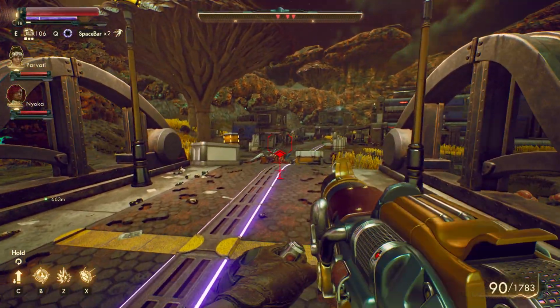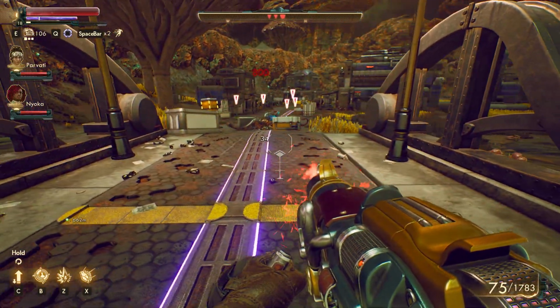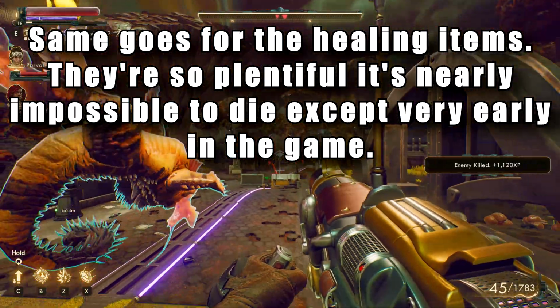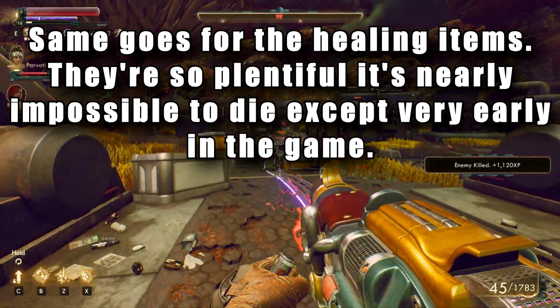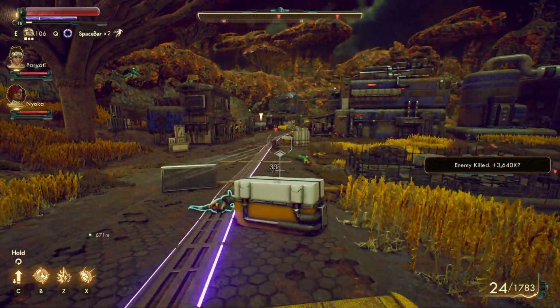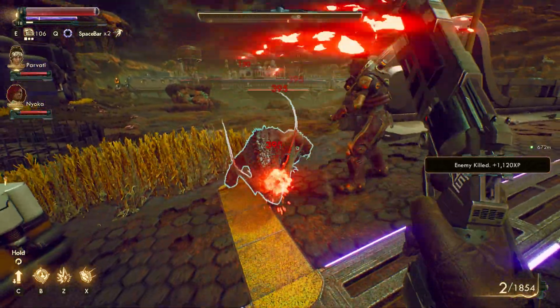And I wasn't even going out of my way to find it, it's just everywhere, and you get more of it than you can expend when you're fighting enemies. And because the enemies are so dumb, it basically becomes a mindless shooting gallery, so combat just ends up being incredibly boring,